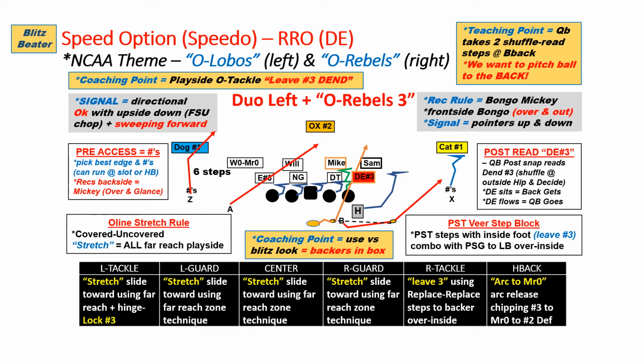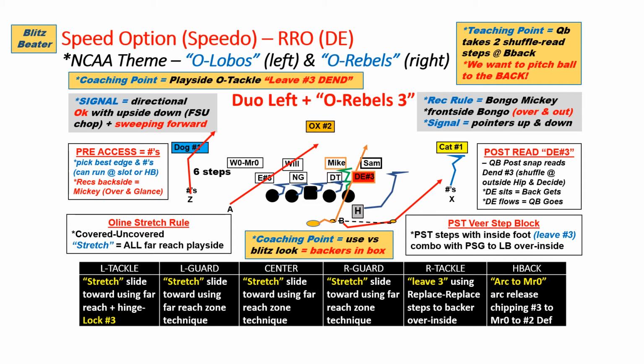The next option then is to go with speed option. Again, as I mentioned, if your quarterback is a dynamic player and your running back, this is a great blitz beater. All we do here for the signal and the verbal is we just add a letter O as a prefix to Lobos and Rebels, and the signal is just an upside down OK sign, doing that sweeping forward action for Lobos and Rebels. Again, you can see this is out of 2x2, but you can run this out of 3x1, and you can run this either way. That's what makes it so flexible